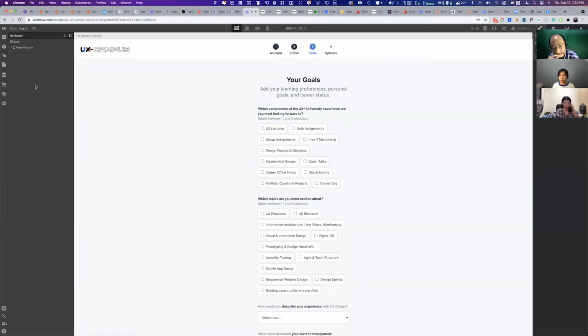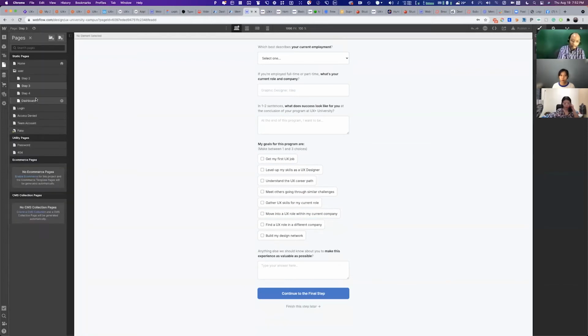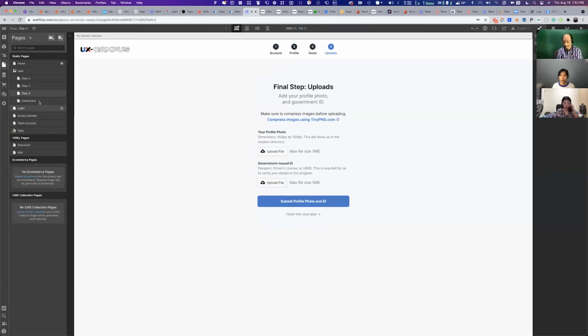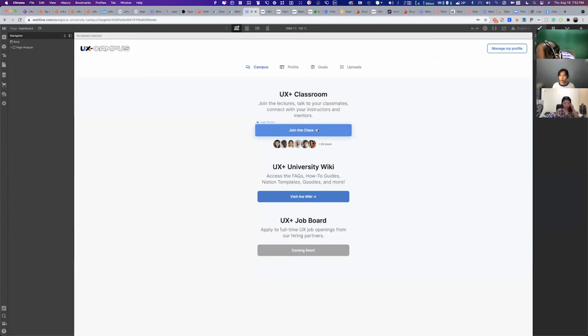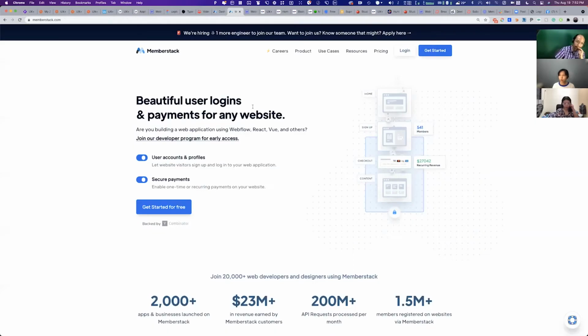So this is when we've accepted students already. They're telling us their preferences, which topics they're most excited about, their goals for the program. And then they upload their profile photos. And then they get to a dashboard where they can access, it takes a while, they can join the class, or they can visit the wiki, or eventually visit our UX job board. So using the same login that we built in MemberStack, remember, it's a login layer